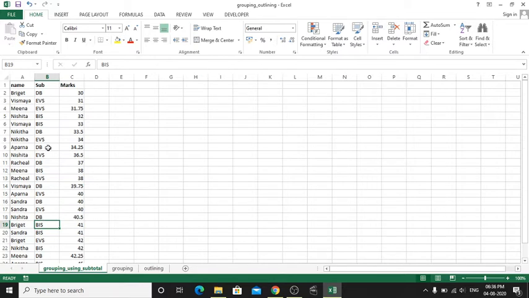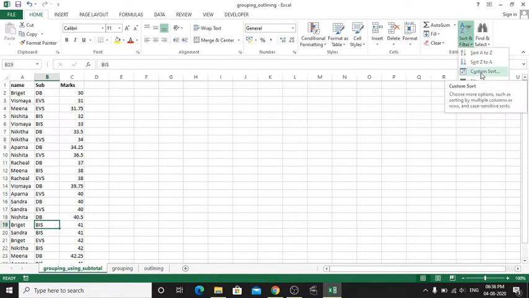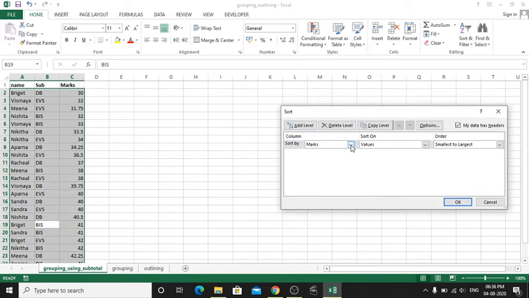So we need to sort the data based on name, right? So Bridget DB marks, Bridget BIS marks, Bridget EVS marks, like that. So let's sort in that manner. Click on custom sort from the sort and filter option, and let's see how we can sort using the name.